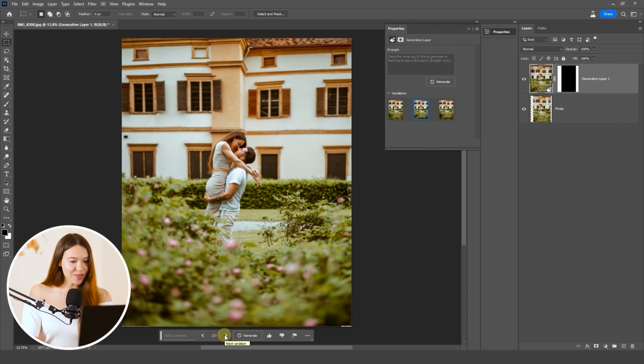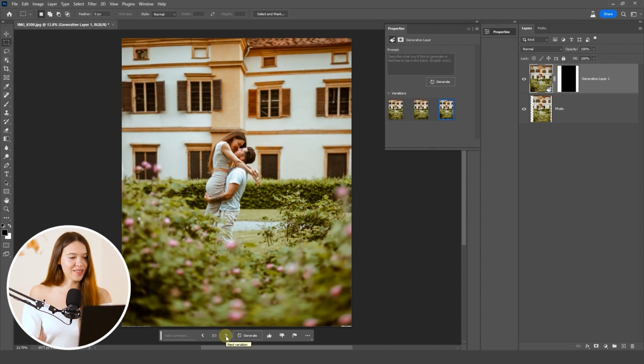This one is much better. I like that nothing distracts on the background. And another one. Oh, this is the best, because I love how flowers appear on the background as well. I will go with this option, but be sure this is not the end, as we are going to make it even harder for Photoshop right now,